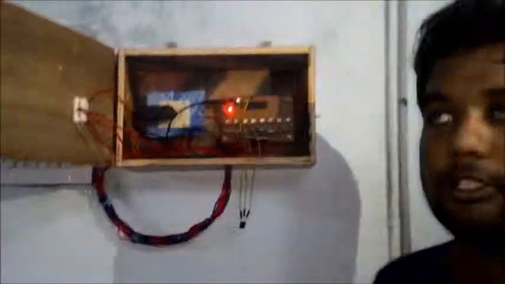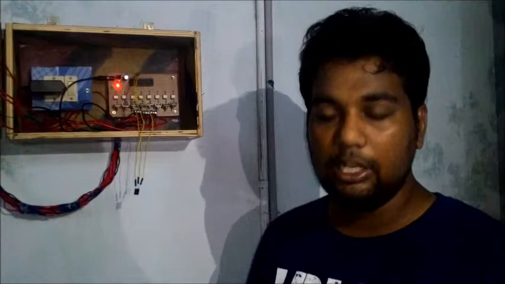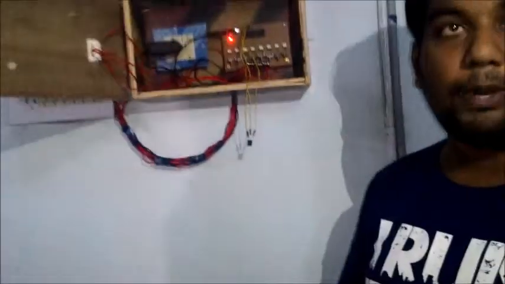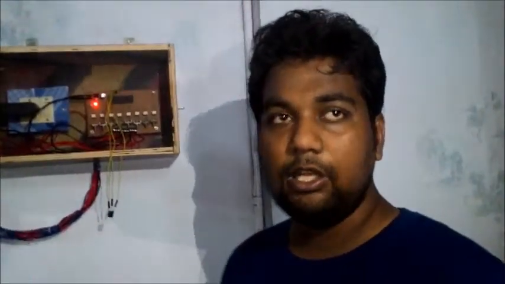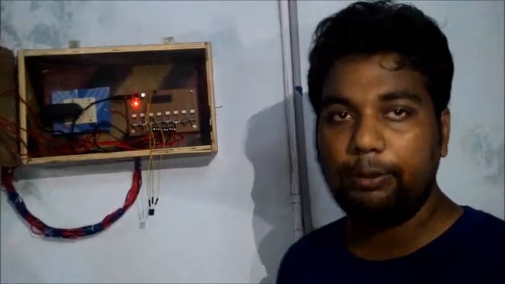So when I press power, all the power goes down. Whenever I press 9, all appliances will come into running condition. So we have assigned all appliances to a single key. By pressing 9, you can turn on all the appliances at a single time. By pressing power, you can switch off all the appliances at a single time.